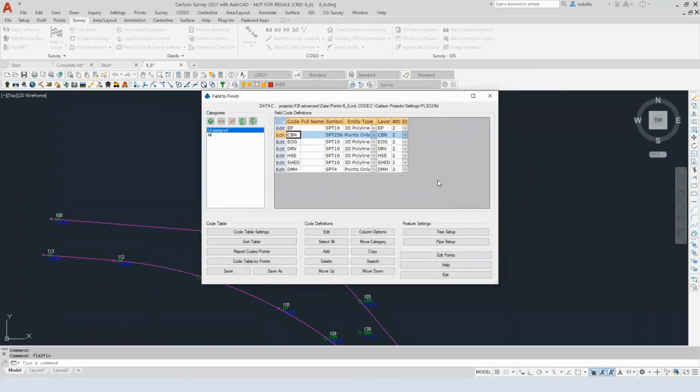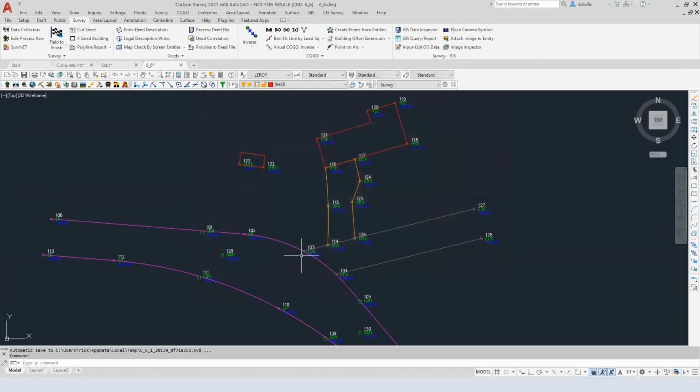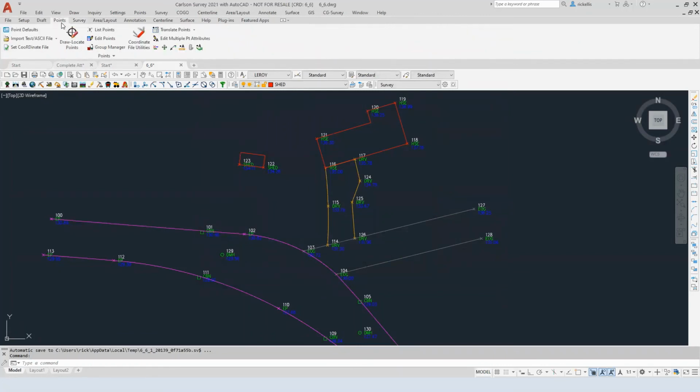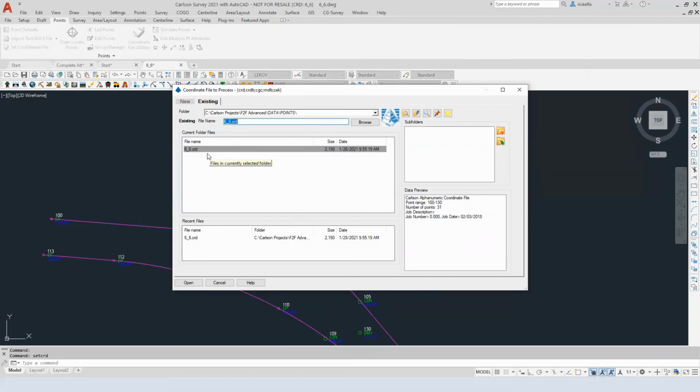You can also, when I was editing all these points, I was editing the CRD file. And you can create multiple CRD files also. You could have an original CRD file and an edited one. Back on the points tab here, there's a button that says set your CRD file. And I could go out and have multiple ones here. Oh, and your question was meaning each day's work. Yeah, so yeah, you could